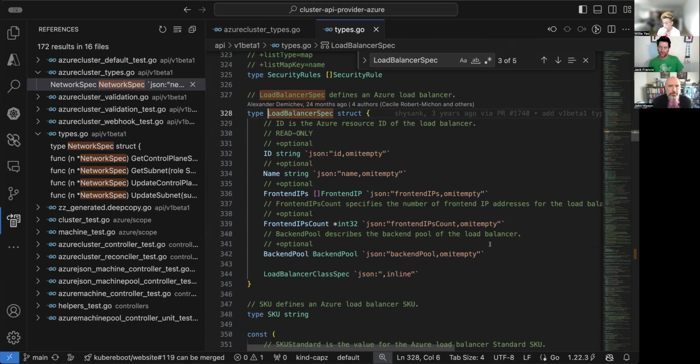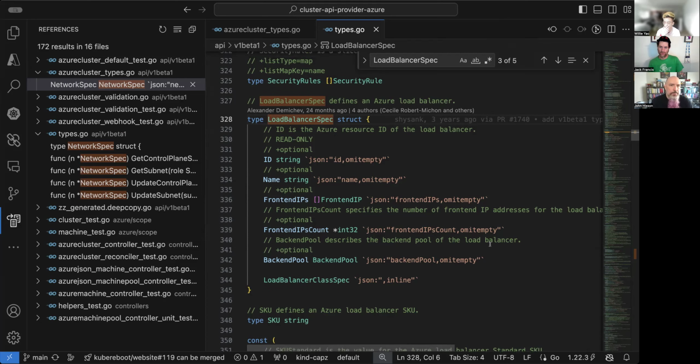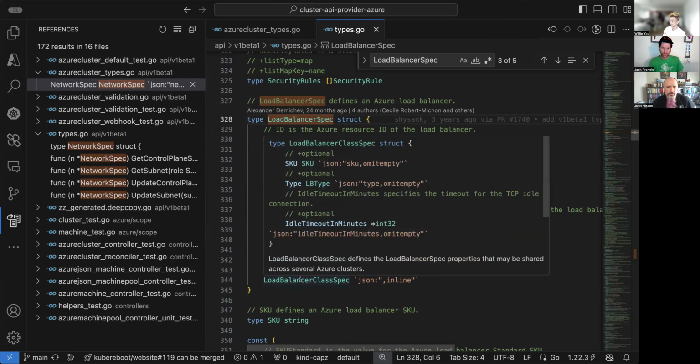Go ahead, Willie. Yeah, I don't know too much about load balancing, but I know that usually when we add an additional field, it's an array, like it could be multiple additional ones. So if it's not too hard, logically I think that would be the best path just for future compatibility. Definitely we don't want to change the existing field, just so it's not a breaking change. So I think adding another field that's an array or something like that would probably be the best path forward.